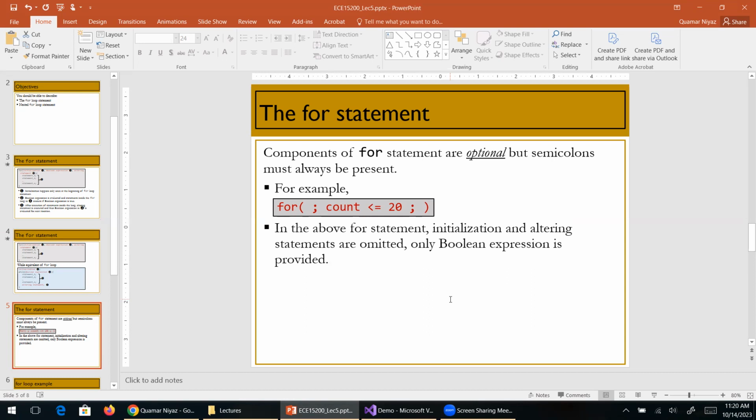And then we have a Boolean expression, and then we have an update statement, right? So we have basically three components, and all these components are optional. For example, I may have something like this, where my initialization part is empty, my condition part is empty. I'm not giving anything here, and I'm not giving anything here. So I may have a for loop something like this,